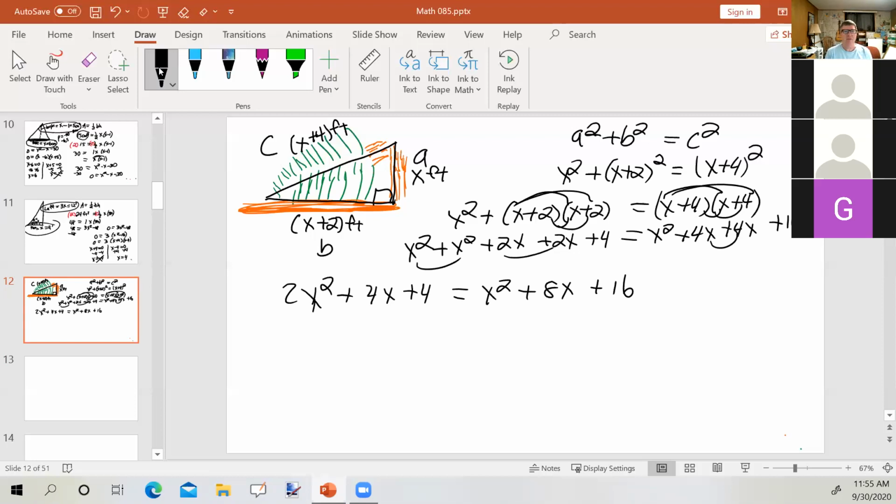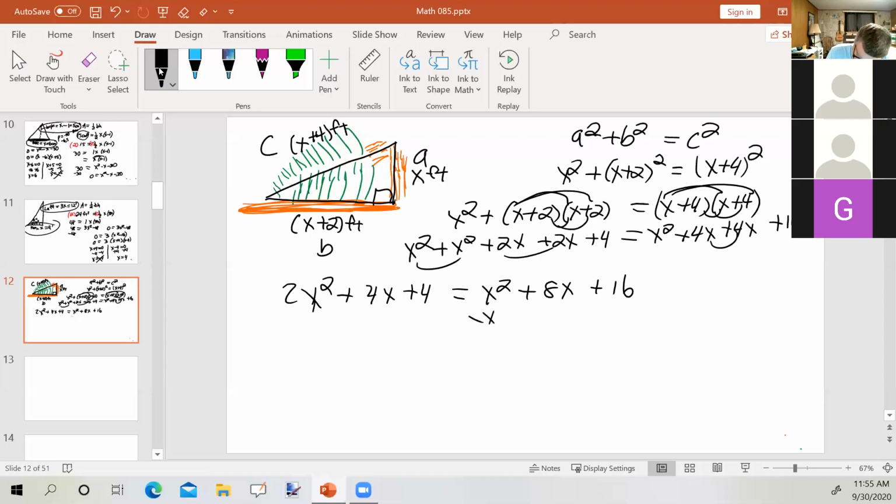Now, I have a second degree equation. My leading term is going to be something x squared. I have 2x squared on the left and 1x squared on the right. If I move everything over to the left, my leading coefficient on the x squared will be a positive 1. If I move everything to the right, it'll be a negative 1. And I'd like it to be positive, so I'm going to move everything over to the left side of the